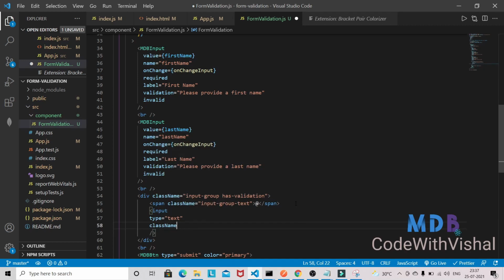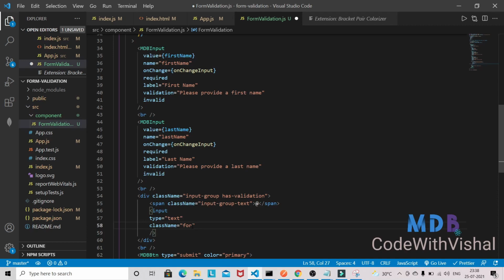So you can combine the MDB input and the normal input component, because we are using this @, so that's why we have to use this way.